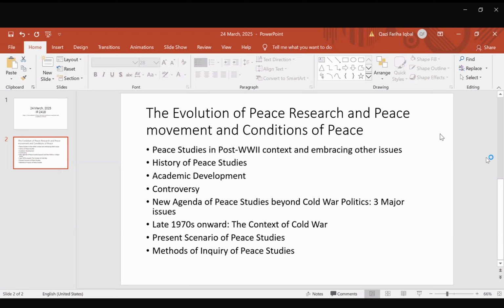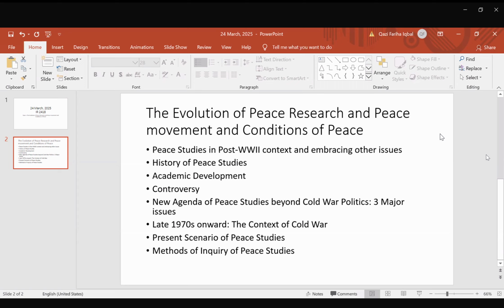What is the East-West arms race? What happened immediately after the Second World War? The outbreak of the Cold War, or the ongoing Cold War rivalry between the Soviet Union and the United States. During that time, what sort of political developments were going on? Number one is the arms race, right? What sort of arms race? Especially the nuclear arms race.